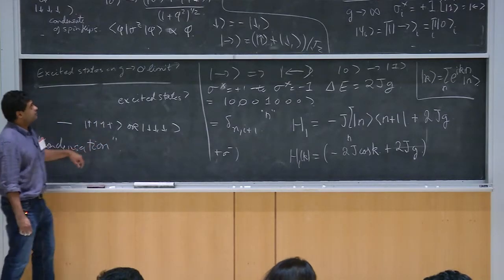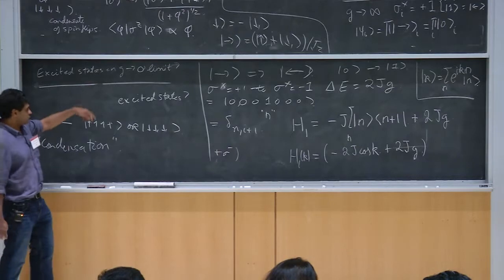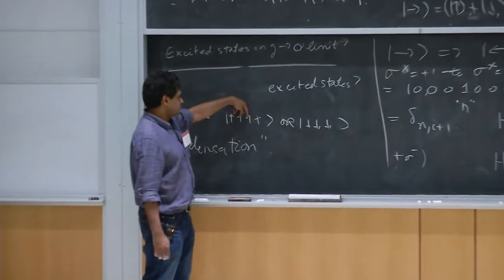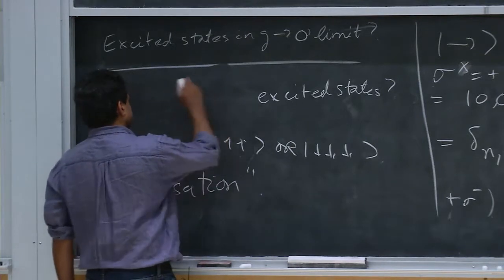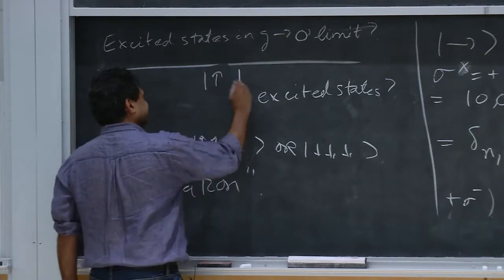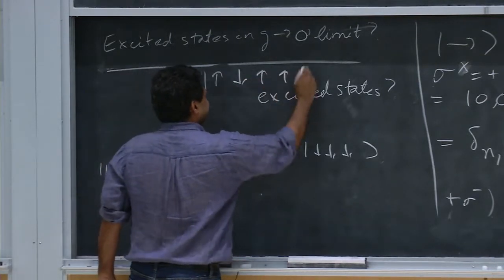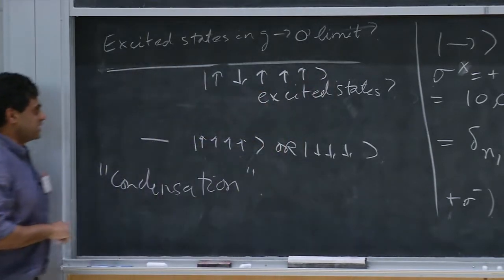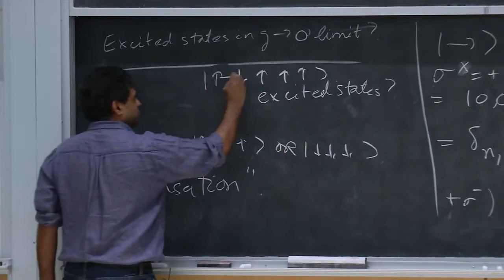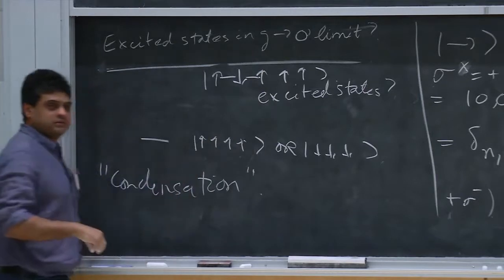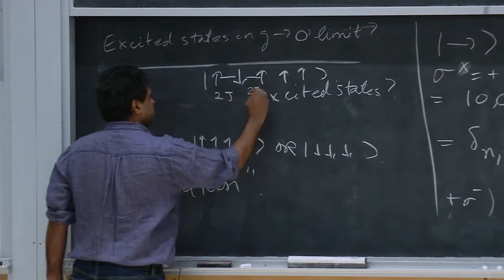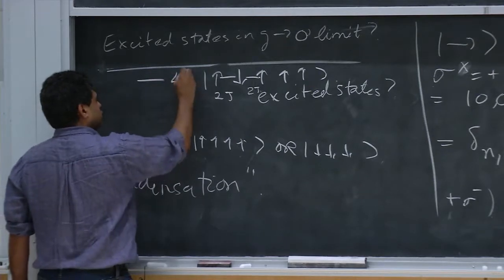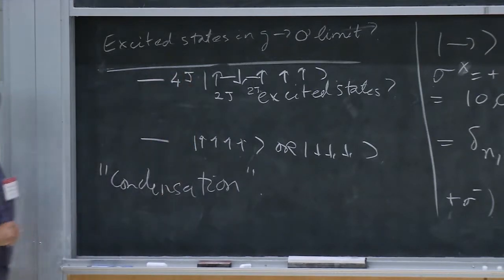Okay, so you pay an energy cost for this pair of spins. Let's say someone gave me the answer that it was this, right? This was the excited state. Then you mess up this bond and you mess up that bond. Okay, so there's an energy cost of 2 times J over here, 2 times J over there. You'd get an energy of 4 times J for this excitation.